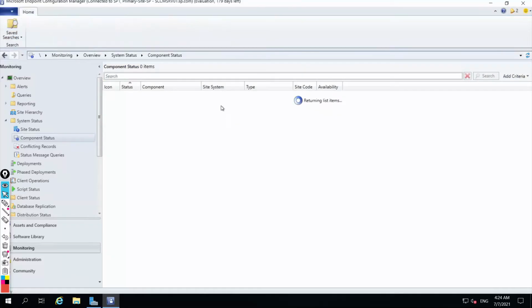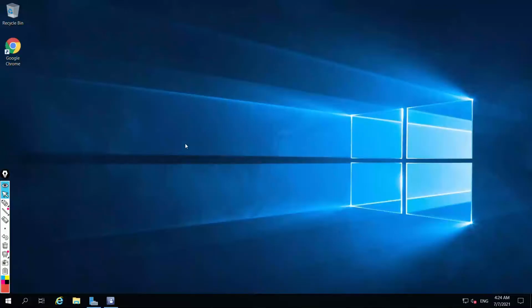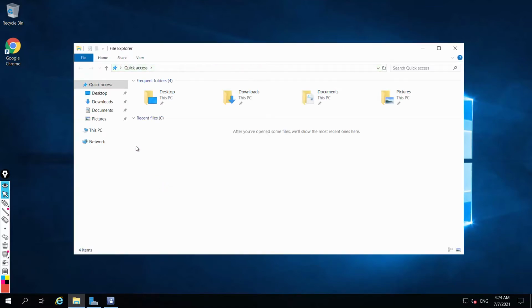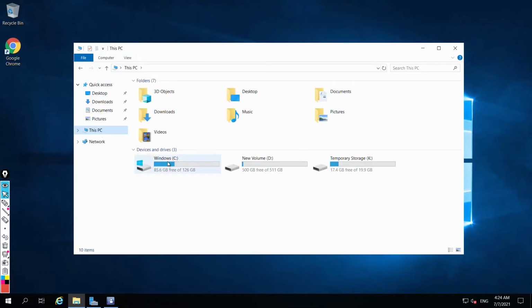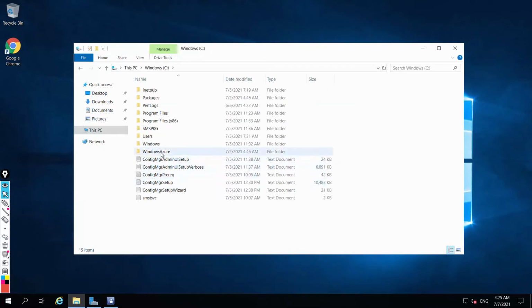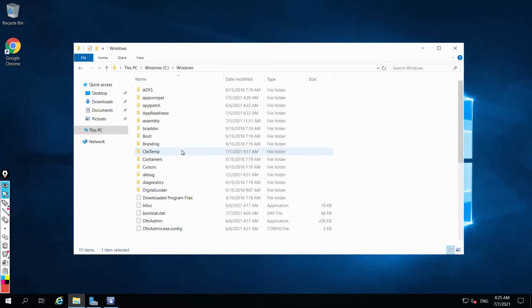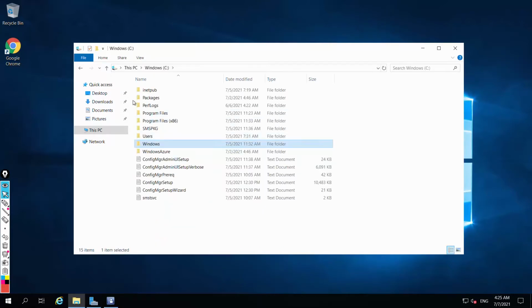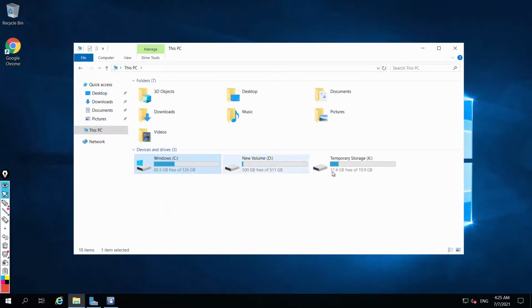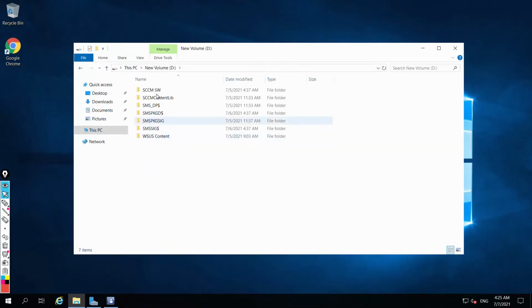So I can clear the search, and if I want to see the logs, let's say I want to go to the directory of my log. So I'll go to File Explorer, this PC, C drive, Windows, and in Windows we have, hold on.